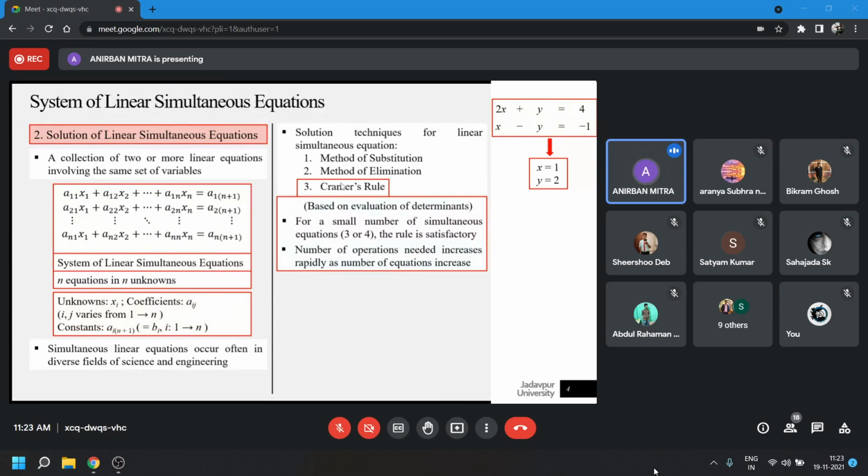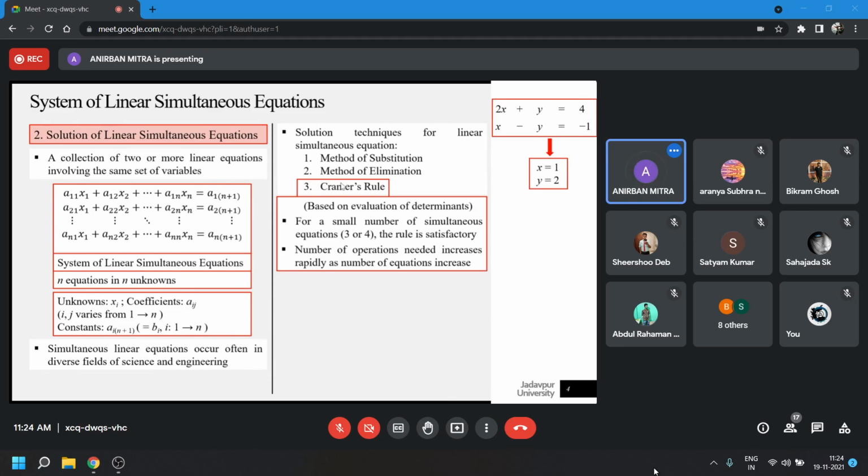If you have 5 equations, implementing the method of substitution by hand is going to be a laborious task. It's going to take a lot of effort. Same for the method of elimination. And if the number of equations goes beyond that, if it becomes 6 or 7 or close to 10, then the effort required to implement the method of substitution or the method of elimination would be astronomical. In fact, it's quite impossible to do such things by hand.